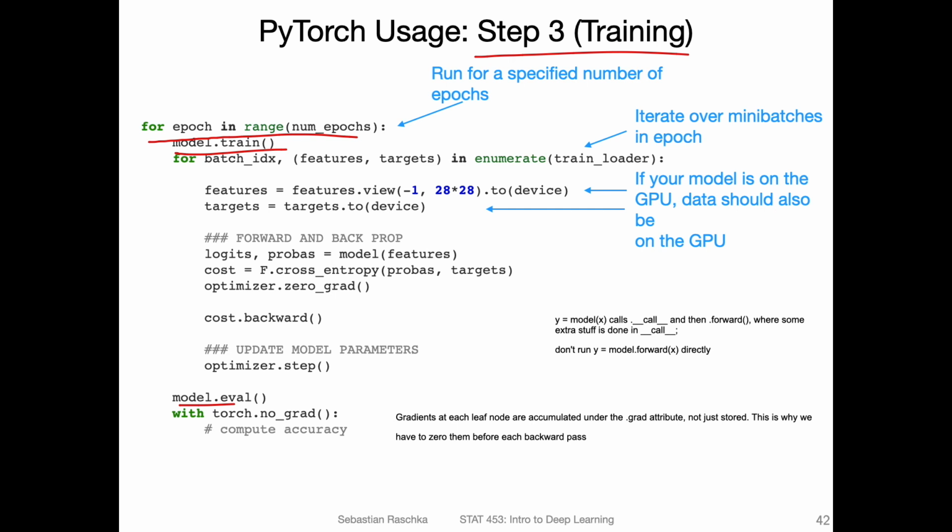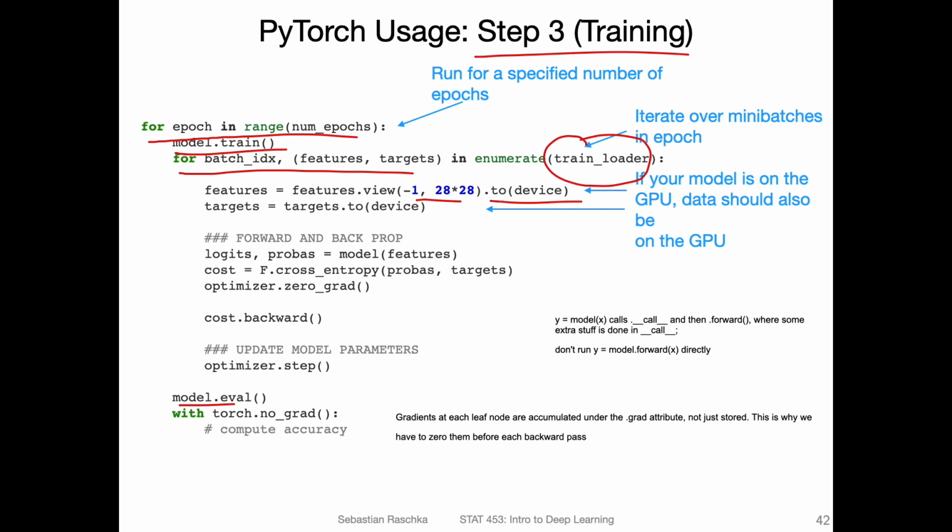Okay, so here we iterate over the epochs, here we iterate over the batches. There will also be a training loader that I will show to you, where we batch up our training set in a PyTorch data set context that makes the iteration over the mini batches a little bit more convenient. Here, this is a requirement because I created this example for MNIST, and MNIST are images 28 by 28, and my model here is a fully connected network. It needs this long vector, so I'm just reshaping it, but this is a detail, don't worry about it at this point.